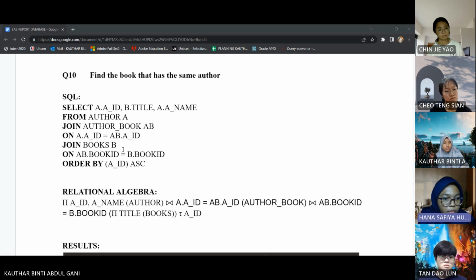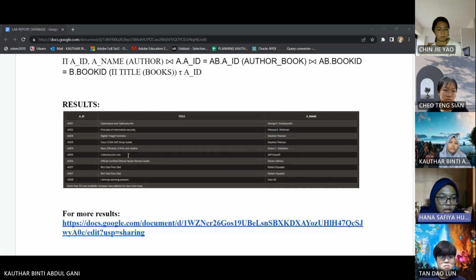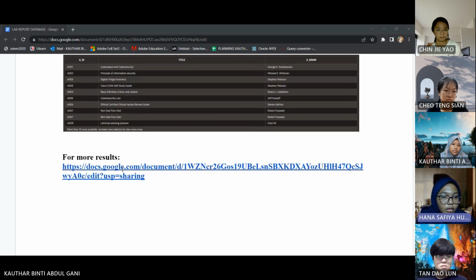And then you join back to table books B on book ID, where table author book equals to table book, order by author ID in ascending order. So this is the relational algebra, and it will display the result for the titles of the books with the same author name. And then you can click the link below for more results.